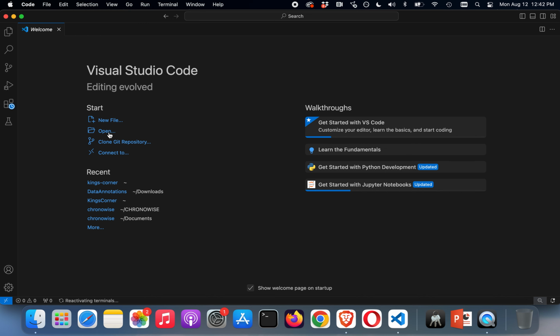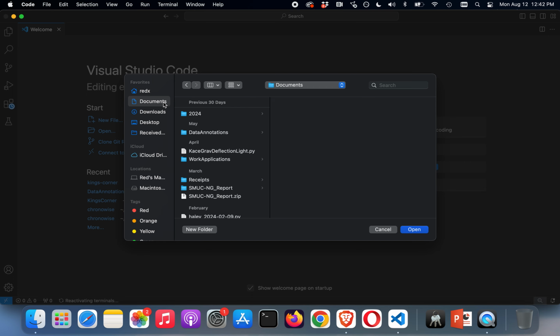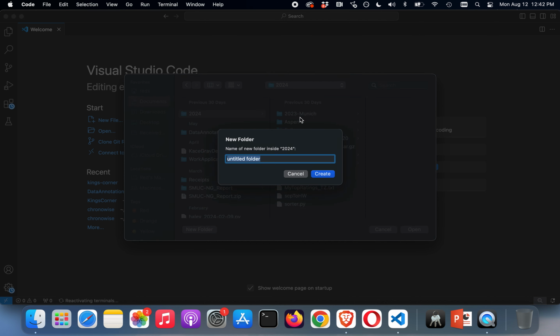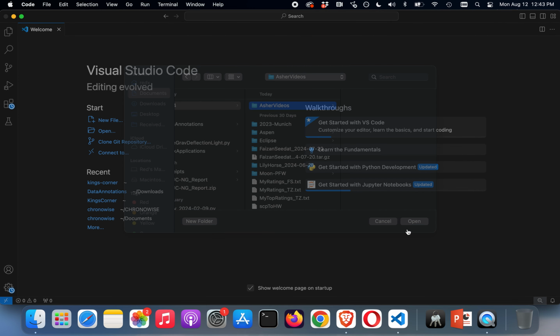And so let's go ahead and go to Open. So we're going to open a folder, and I'm going to go to my Documents folder and 2024, and I'm going to create a new folder called Asher Videos. You can call this folder whatever you want, but I'd recommend making it something where you'll remember what it means in the future. So I'll click on Create, or you could hit Enter, and then I'll click on Open,